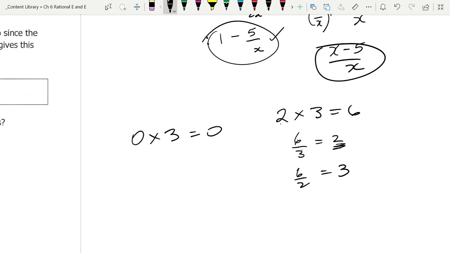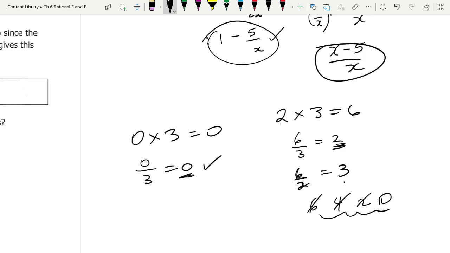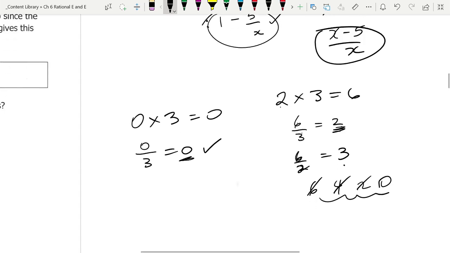to get rid of this 6 by taking away 3's. What if I was getting rid of this 6 and I was taking away 2's? Well, then it would take me 3 steps, right? I'd start with 6, I take away 2, I got 4, I take away 2, I got 2, and then 0. So it took me 1, 2, 3 steps. Notice that's not a question I can ask this way. I can say, all right, well, 0 divided by 3 is 0. That's okay, that's true. How many 3's do I take away from 0 to get to 0? None. But notice the question isn't really